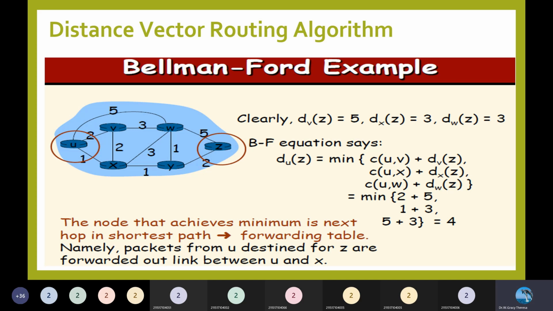So that is why they are saying that the distance from V to Z is 5. The same, the distance from X to Z is 3. The same for the distance from W to Z. W to Z is 3. Okay, because the W to Z direct link is